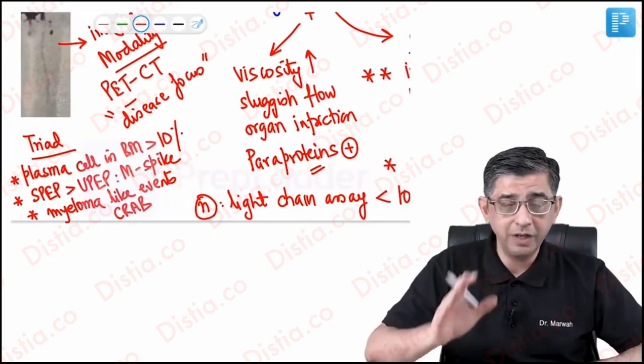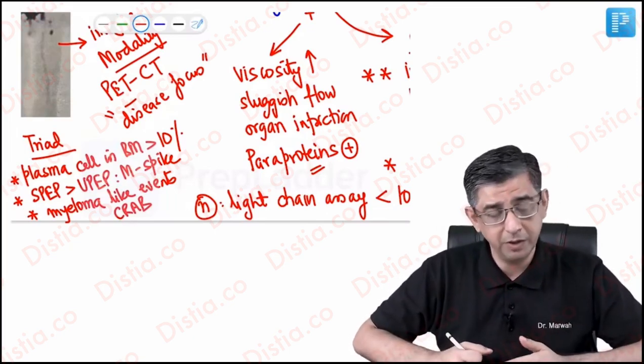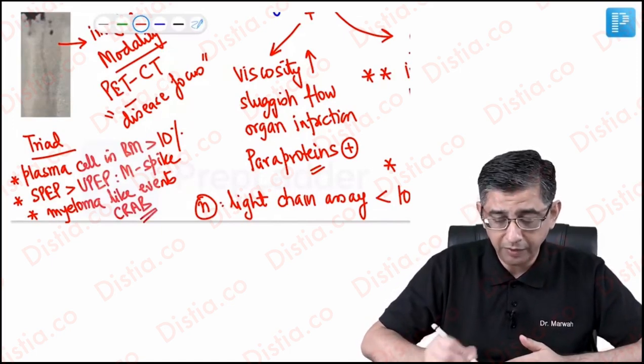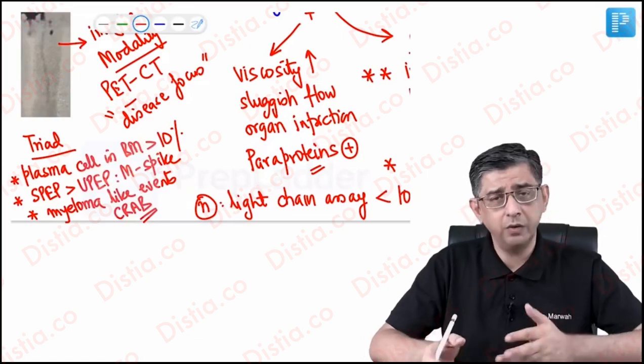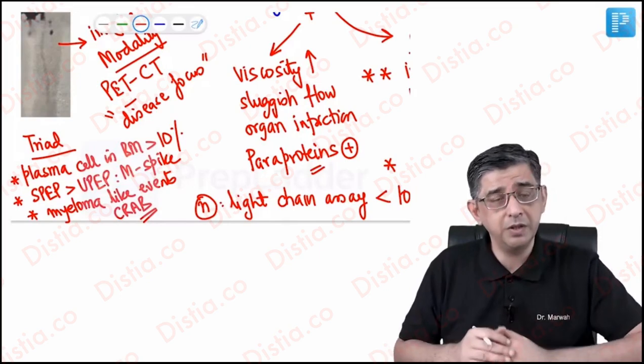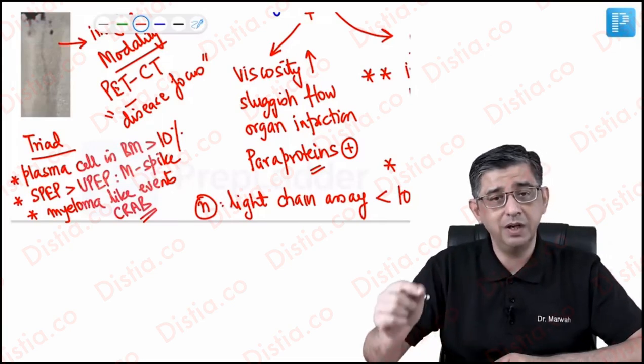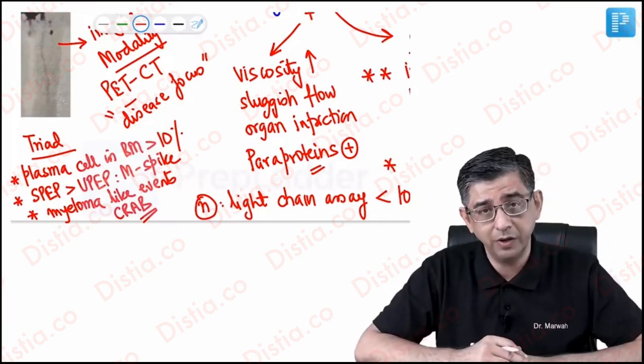I hope, guys, now it makes much more sense. I am saying that if myeloma-like events have occurred in a person, if features of CRAB, renal failure have already occurred in the patient, the cutoff required is relatively less. But on the other hand, if clinical features are not present, if you just need one laboratory evidence, then it is a plasma cell percentage in the bone marrow more than 60% for diagnosis.